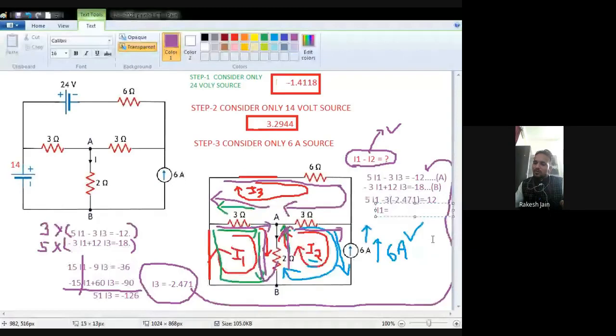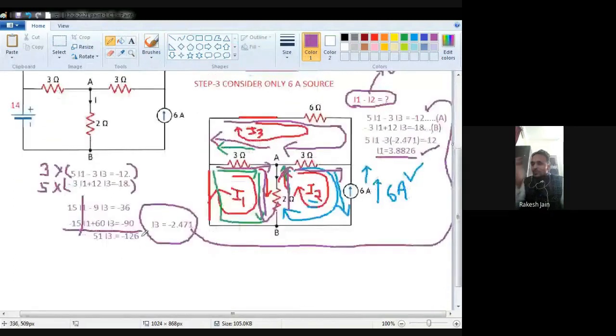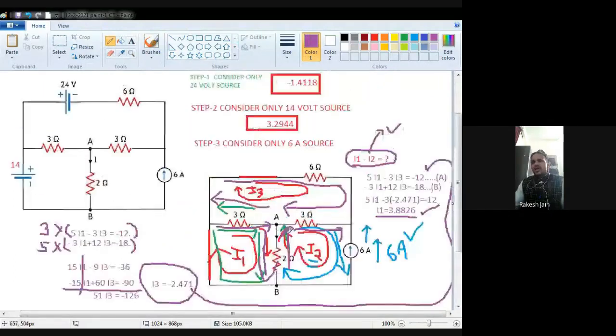So now once again, I am going to write down equation number 1. So 5I1 minus 2I2 minus 3I3. When I put the I2 value, that is minus 6, at the place of I2, then it will be minus 6 multiplied by minus 2, that is plus 12. When they move to the right hand side, that will be minus 12. Kindly don't be confused.